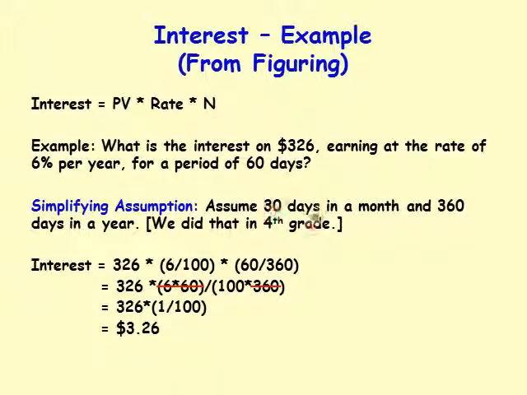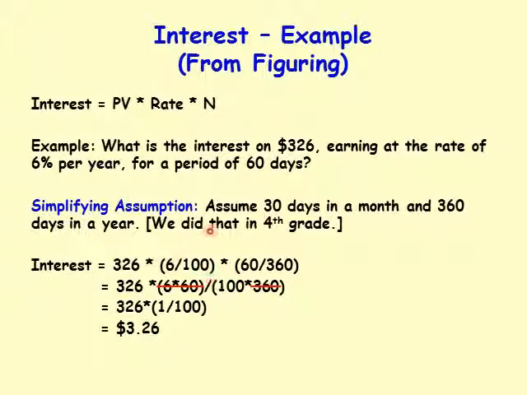So what happened is, in this example, my number of days is 60, the interest rate is 6% per year, then the interest for 60 days, we just take this number $326 and move the decimal place 2 places to the left. So we just did that. So it becomes 326 cents. When you take $326 and compute interest at a rate of 6% per year for 60 days, it is 326 cents. And that comes from 1 over 100. $1, 1/100th of a dollar, is 1 cent. Okay, so that is